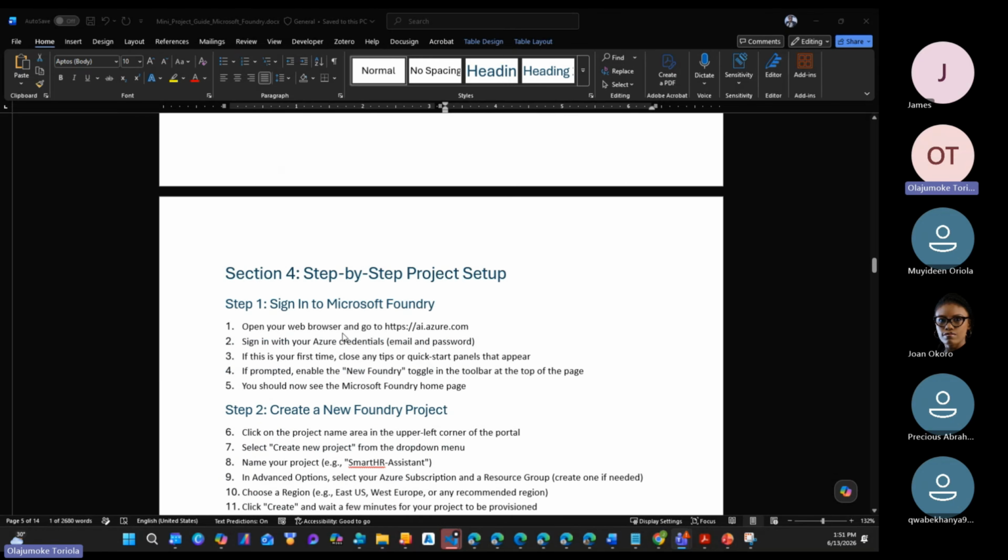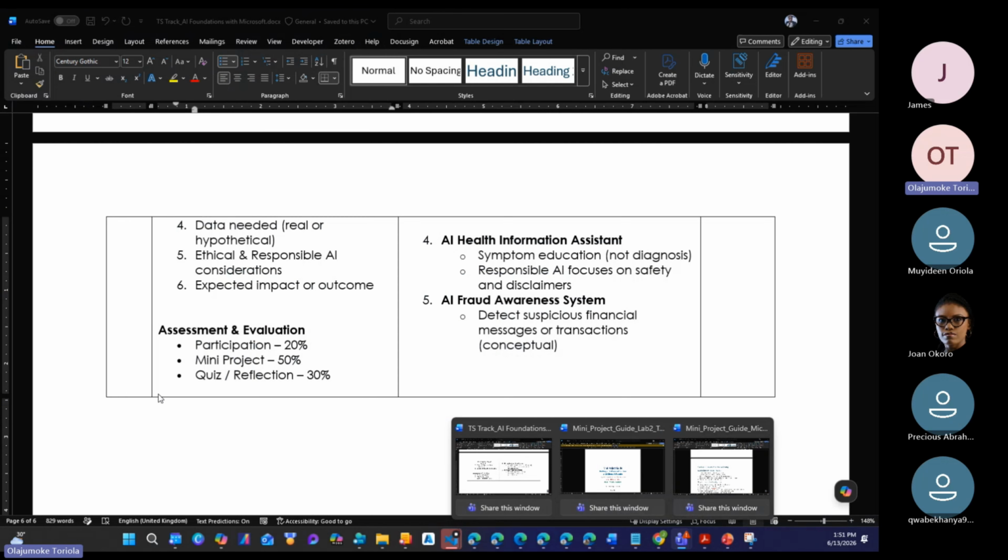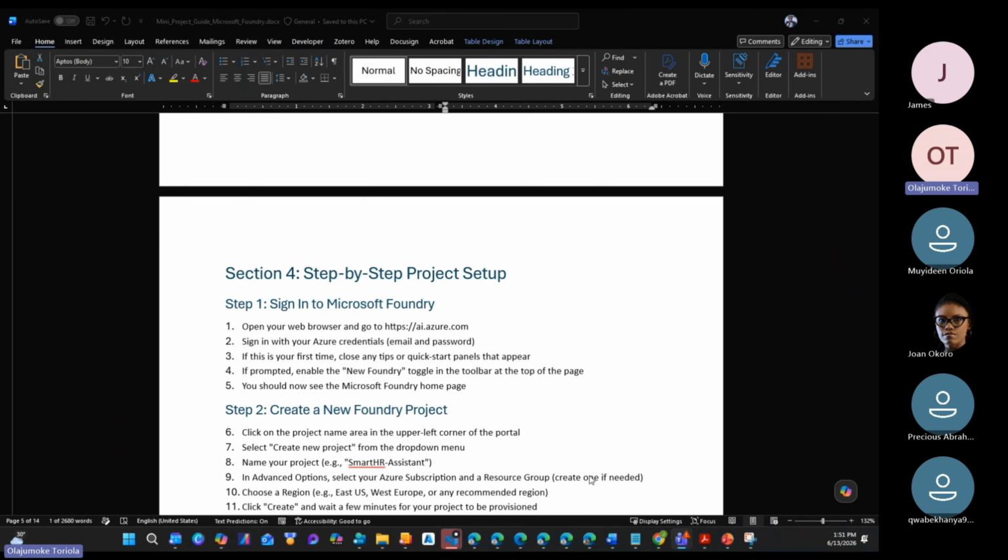So I have this now, and I'm going to walk us through. I generated 2 different ones that I feel you can practice during the week, because this task will only take about 60 minutes, or an hour. I'm going to share it in the chat window, to firm up your muscles around building solutions on the AI Foundry. And when you have done that, it can now help you.